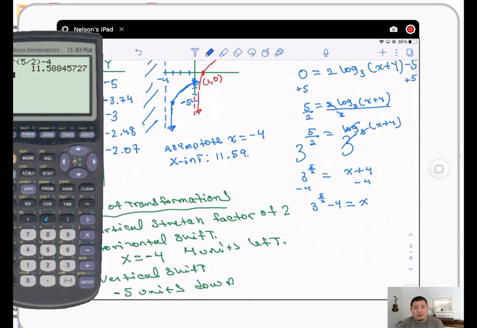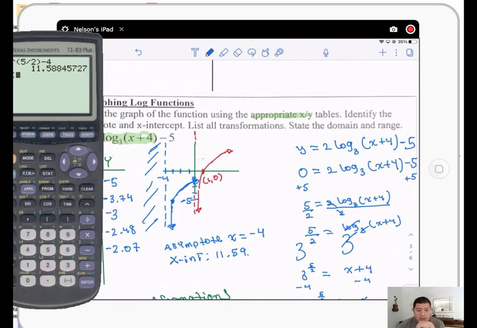So 2 times log, and then I'm gonna do all of these numbers, and then I'm gonna divide it by the log of 3, close parentheses, and then it's gonna be,